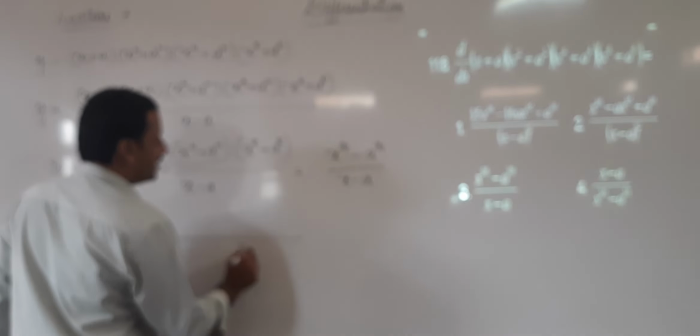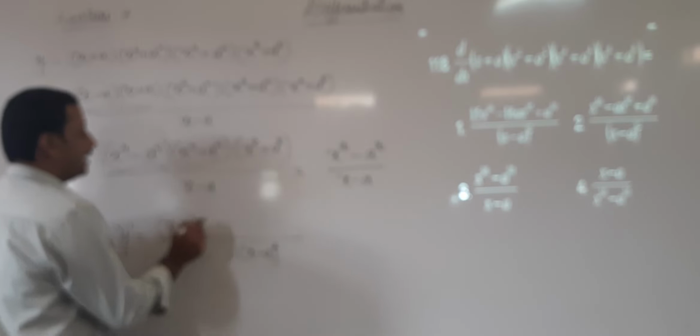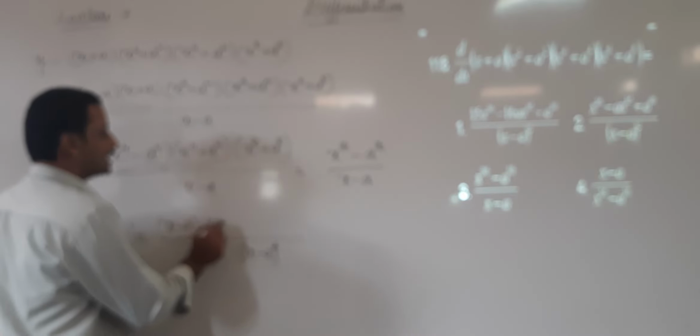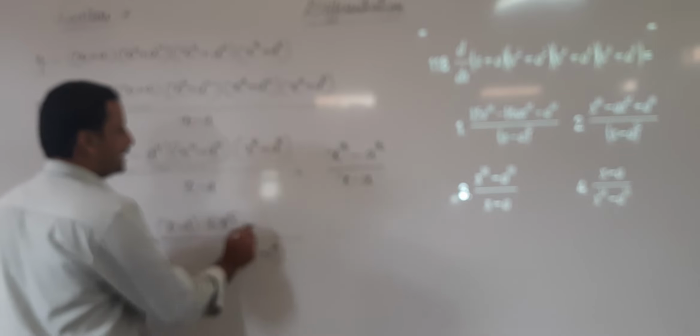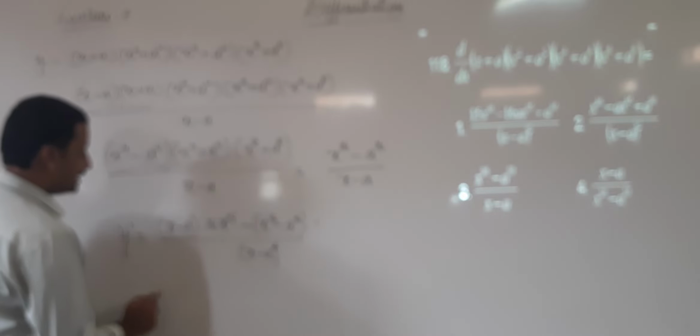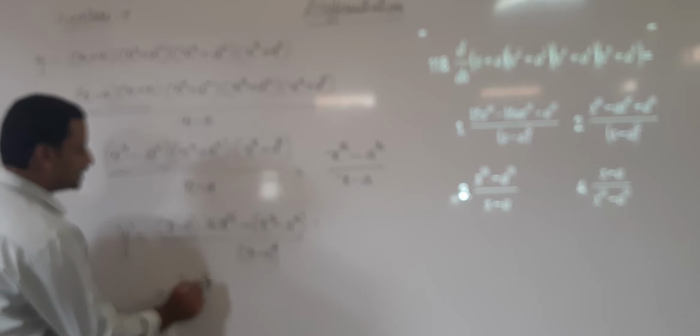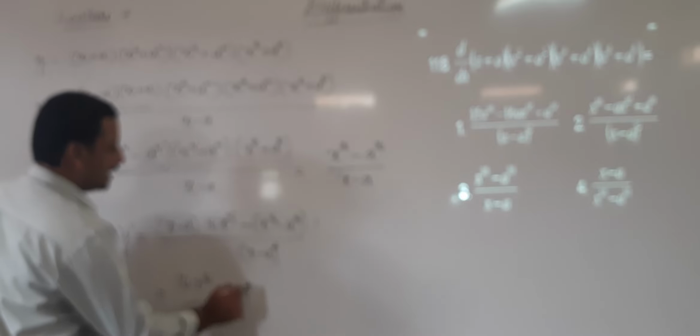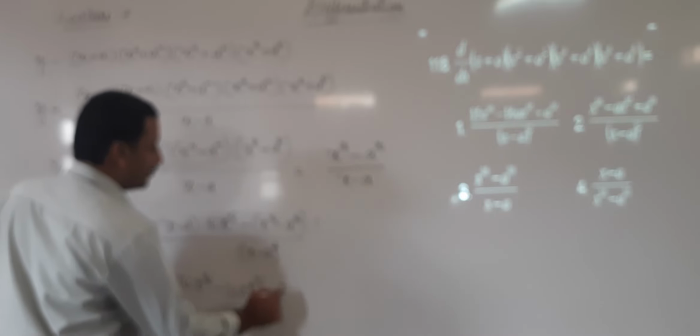In the denominator, (x minus a) whole square. In the numerator, (x minus a) into the derivative of x power 16 minus a power 16, that will give you 16 into x power 15, minus (x power 16 minus a power 16) into the derivative of (x minus a), which is 1. That's equal to 16x power 16 minus 16a into x power 15 minus x power 16 plus a power